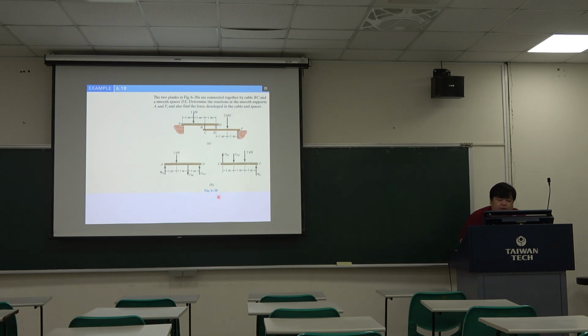The next example: the two planes in this figure are connected together by cable BA and the smooth spacer BE. Determine the reactions at the smooth supports A and F, and also find the force developed in the cable and the spacers. Okay, so we have